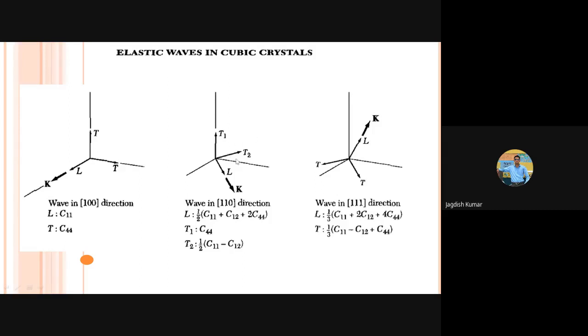And for the transverse modes, there are two transverse modes. That square we have been representing. This represents the 1, 0, 0 direction. So this is the longitudinal one. Now this is the transverse mode T2, and this is the velocity; this relates to the velocity upon rho, of course. And this relates to the velocity of the transverse mode T1. So there are two transverse modes, T1 and T2, and that's how a wave propagates. And the two modes are not exactly degenerate; they have different characteristics.